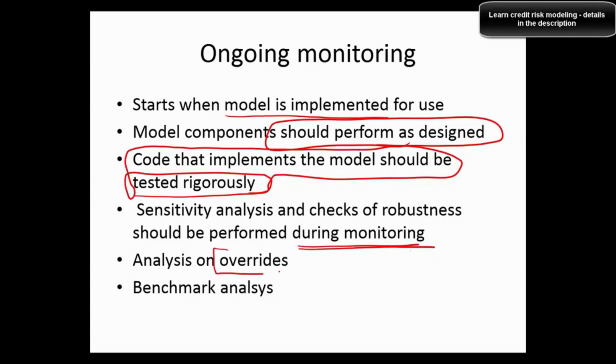Overrides, important thing. If the business is overriding, that means it is taking decisions ignoring the output from the model, then all that has to be analyzed. If that's happening more often, then something is wrong with the model, or maybe the model is not able to meet the requirements of the business. And then you will also have to see the regulatory side and discuss all three and see what is going to be the best for the overall different situations.